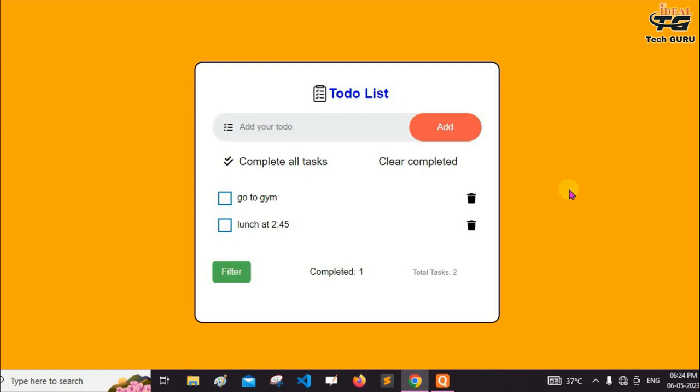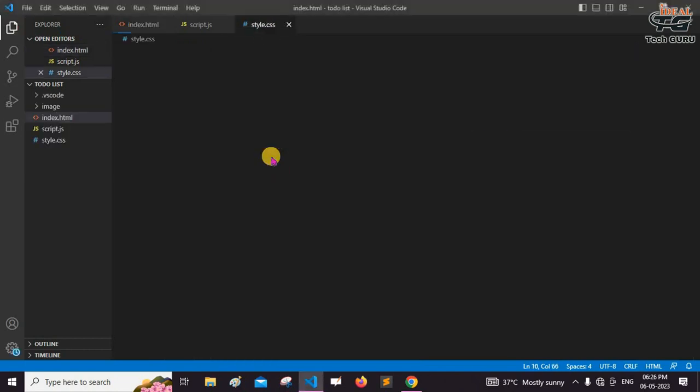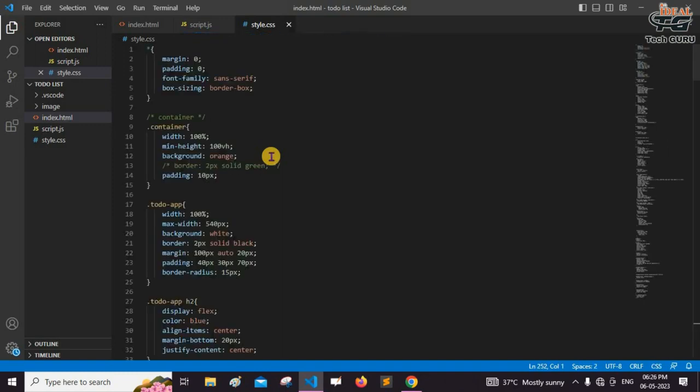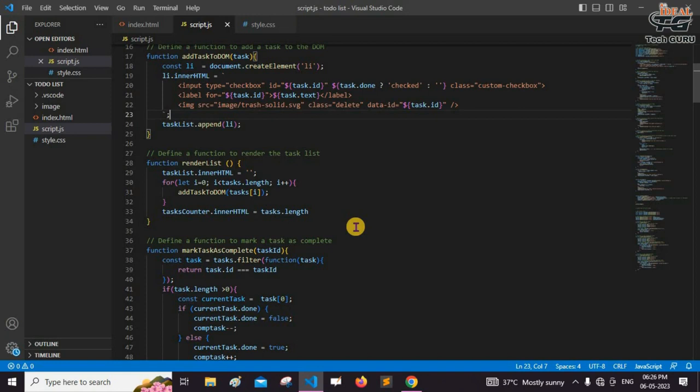tasks and stay organized. Now we want to discuss the code, so let's jump to VS Code and discuss it. So this is the code. First of all, we discuss HTML. The HTML is basic, and style.css is where we added some CSS. That means we apply some styling on my HTML. And JavaScript, this is the JavaScript file which adds functionality to the to-do list. We already discussed how these functions work, and everything is defined in comments.